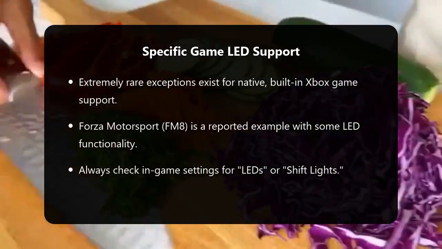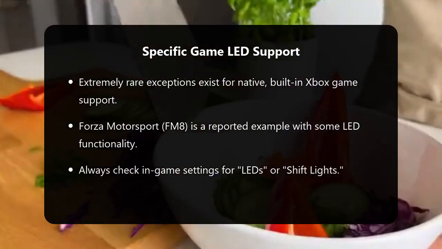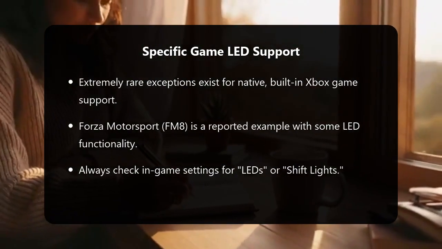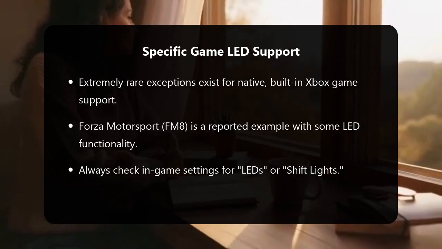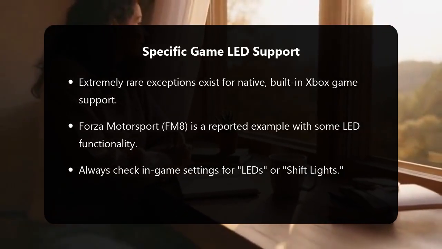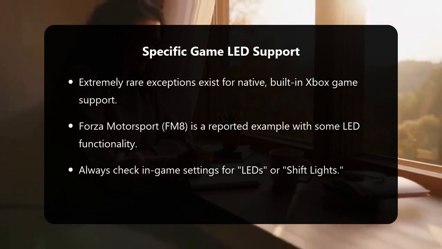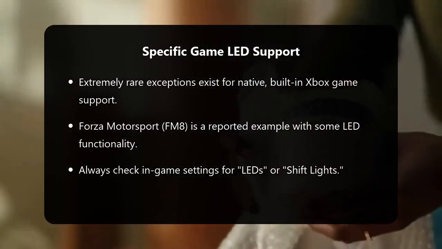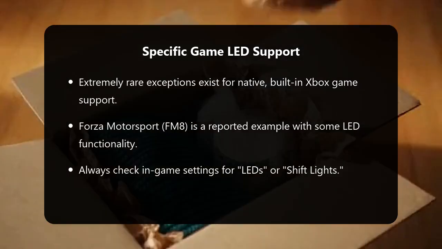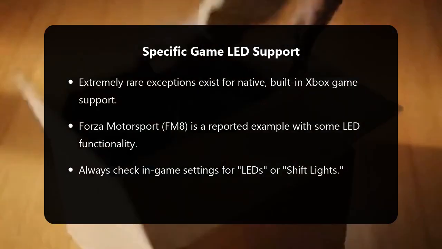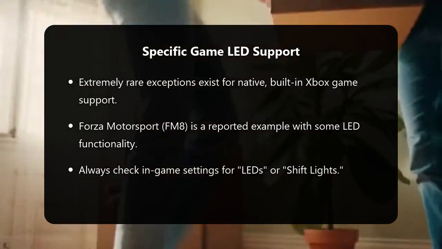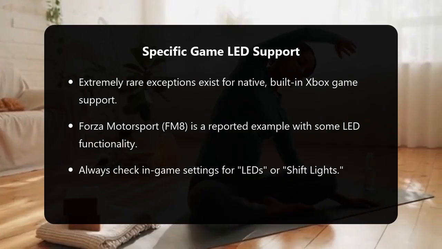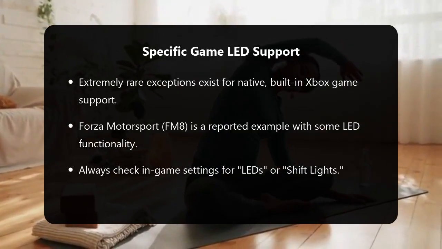If a game does support this, the functionality is usually enabled automatically or through a specific setting within the game's options menu, typically under Controls, Wheel Settings, or Telemetry/HUD options. It is always worth thoroughly checking every corner of a racing game's settings menu for any mention of LEDs, shift lights, or wheel lighting, though you should manage your expectations, as such options are exceedingly uncommon on Xbox for these